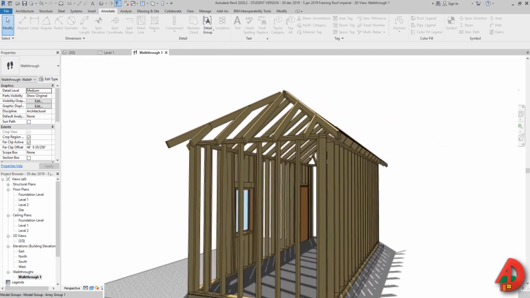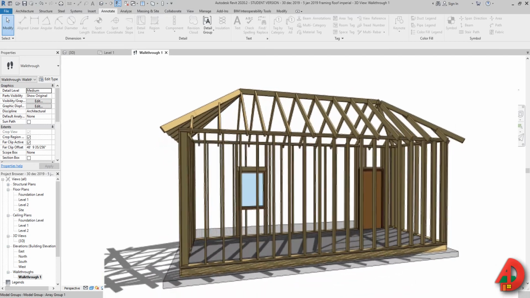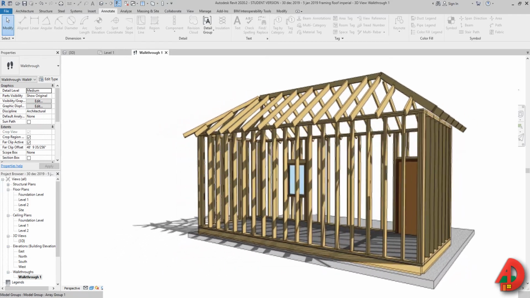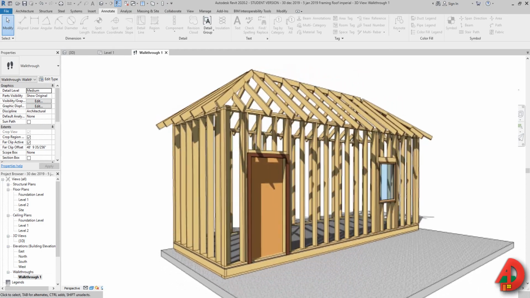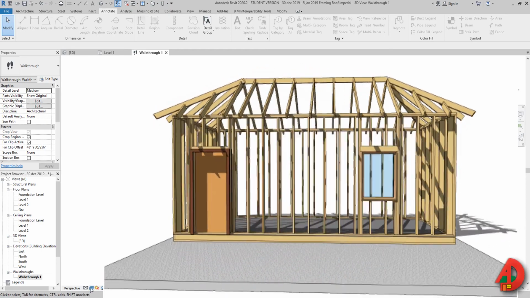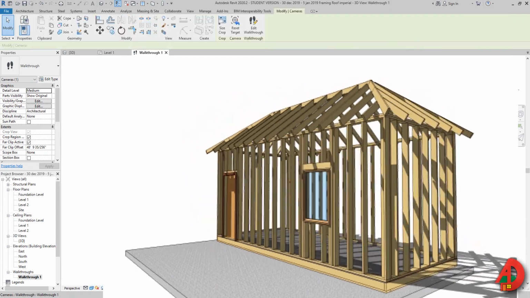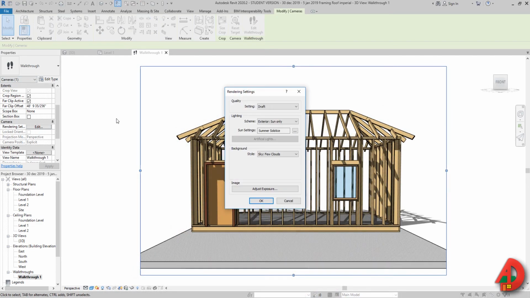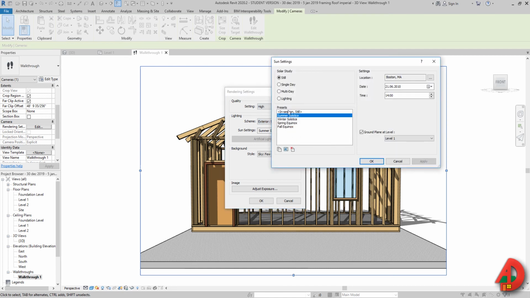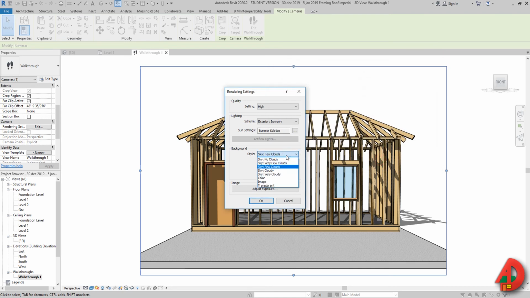Okay, so once you're done, this is what you're supposed to have, and you can use a video editor to loop it and make it spin over and over again, go round and round. And you can also, if you go in this walkthrough, in the properties set up the rendering settings. So if you go edit, you can set it up to, let's say, high, and then you can set up exterior just like you do a regular rendering, and set up the time of the year, the date, and everything else. And you can even set up the background,